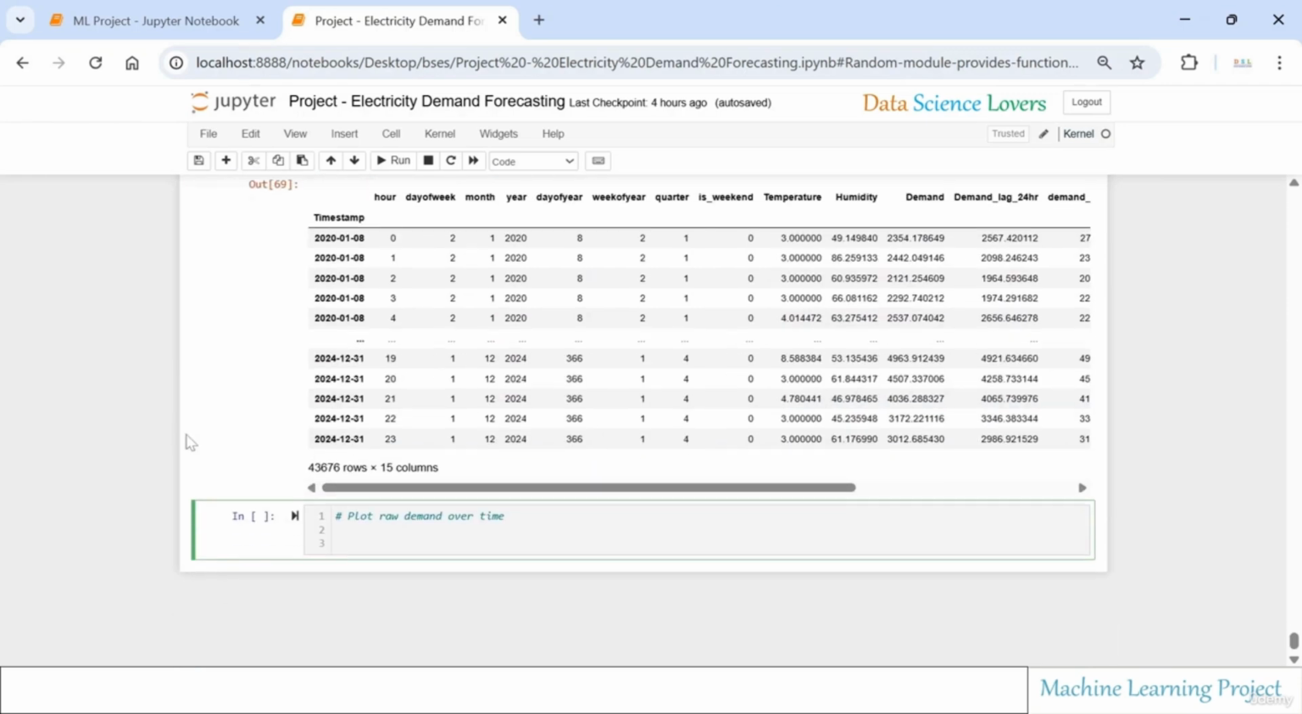Now come to the visualization part here. Okay, we will draw a plot which will show the row demand over the time, and we will consider our demand column for this purpose. And dot plot. Here we will set the size of our figure using the figsize function,